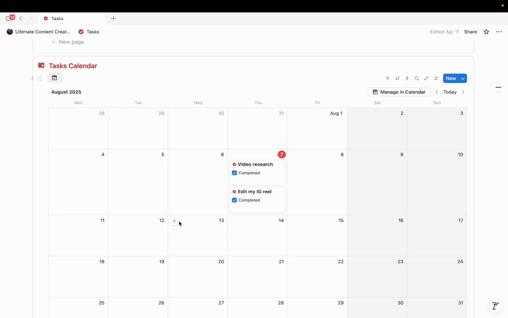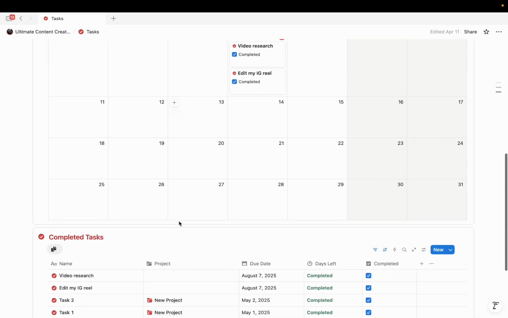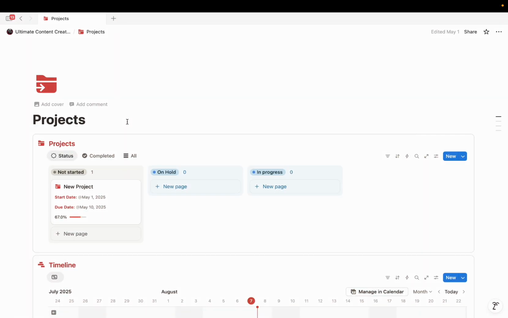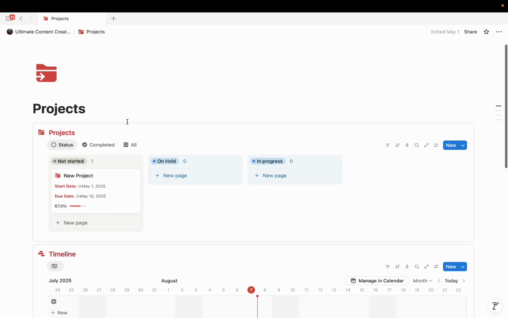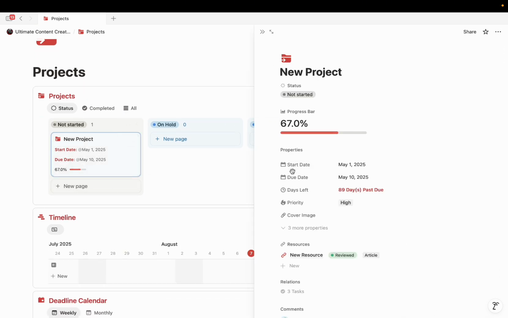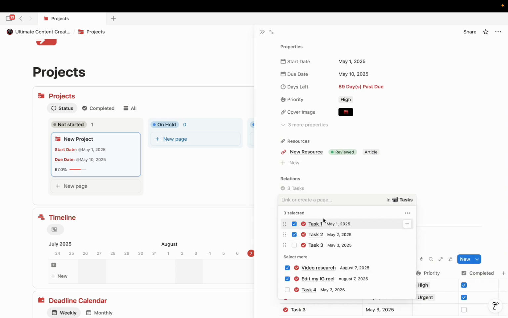Then there is also a task calendar, which shows your tasks based on the date. At the bottom there is also a view of all your completed tasks. As I said, you can link your tasks to a project, and this is the project's database. So if you open a project, we can link the task related to this project, and also at the bottom